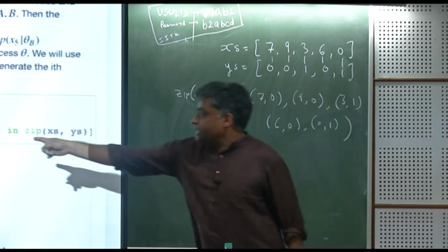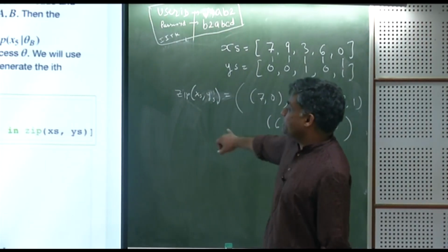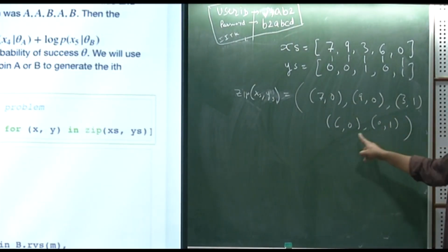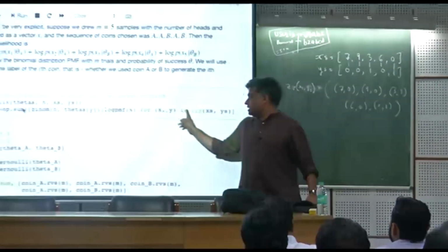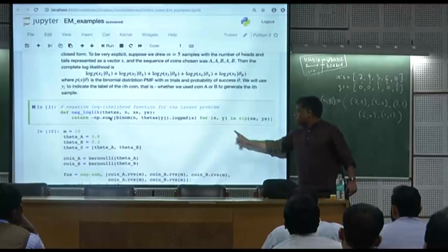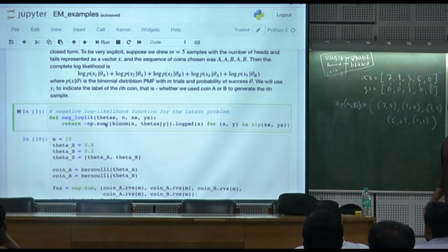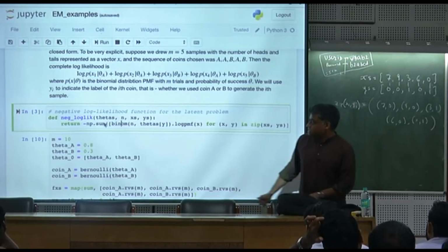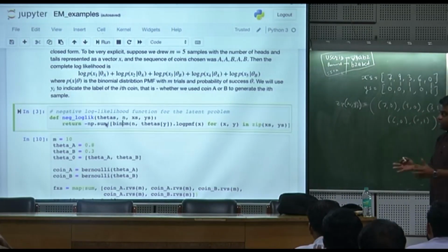And then what is going on over there? The next one says take x and y belonging to the zip. So it will sequentially go through this, then that, then that. That's what this for is going to do. For x, y in zip, it will take the first value to be x, the next one to be y. It is a loop. For will always give me a loop. And then the square brackets at the two ends basically say create a list of all of these quantities as you're going. So the list will be,